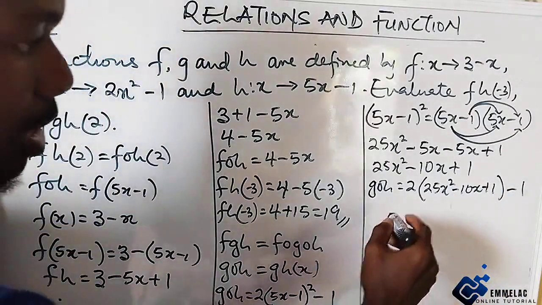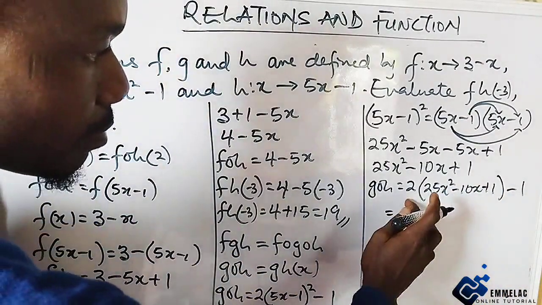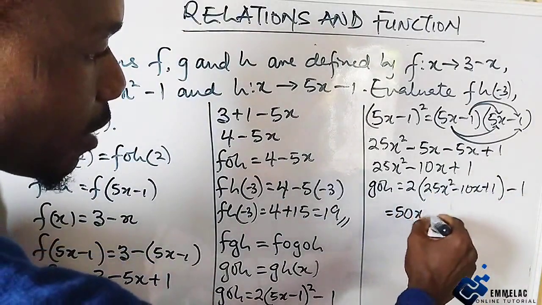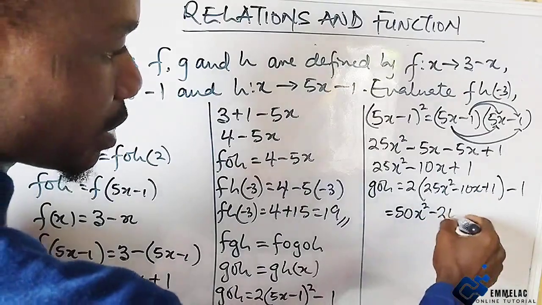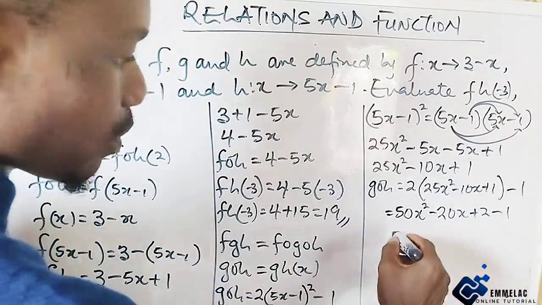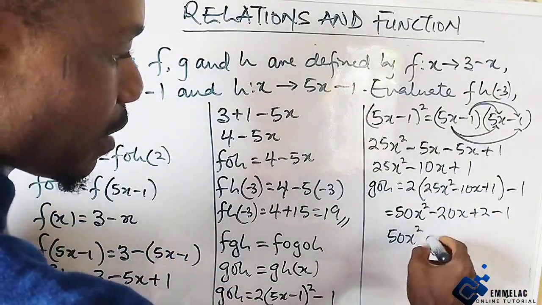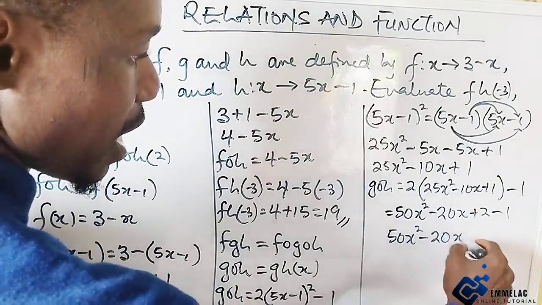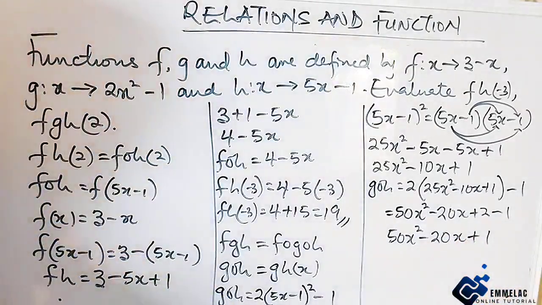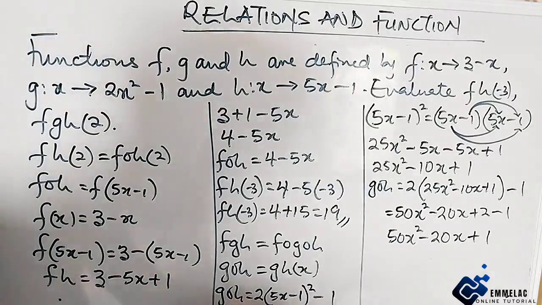Opening the bracket, we have 2 multiplied by whatever is in the bracket. Here you have 50x squared, then minus 20x plus 2, then minus 1. So here we have 50x squared minus 20x plus 2 minus 1, which will give us a plus 1. So now that we've gotten g of h, which is this,